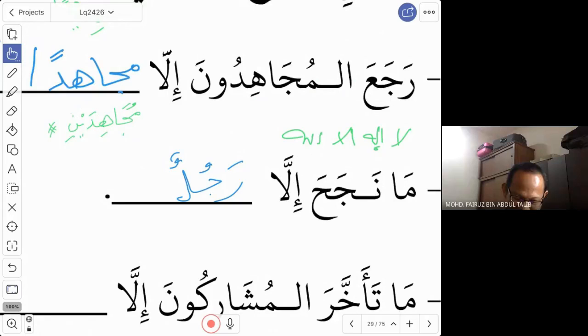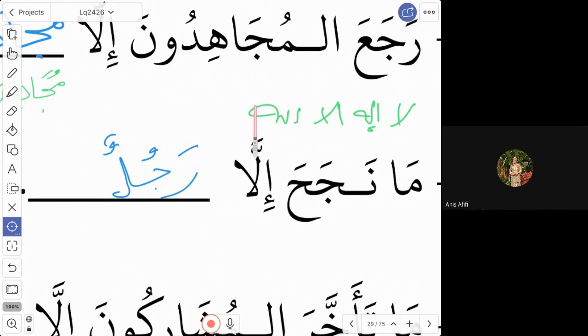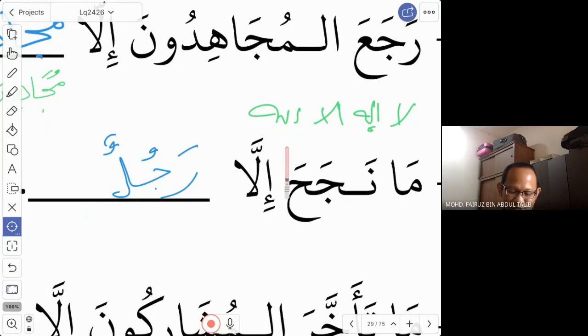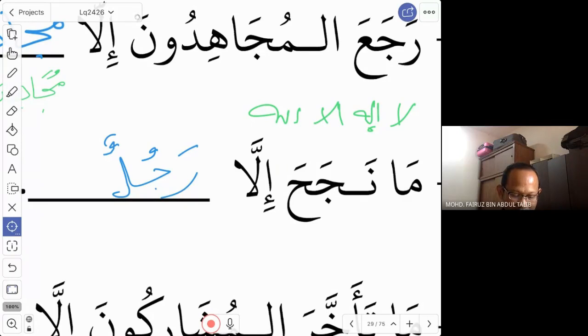Let us check. Do you have the mustasna? Number 3. Do you have mustasna minhu? No, tak ada. So there is no mustasna minhu, so this is not group 2. This is group number 3. In number 3, there is only one hukum, which depends on its location in the